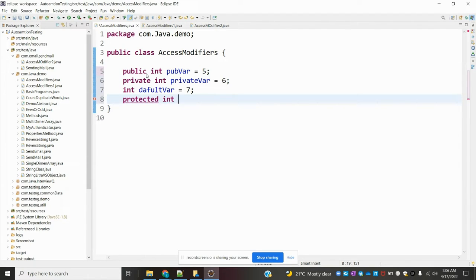Protected int protectVar equal to 8. Now I'm going to specify methods also: public void